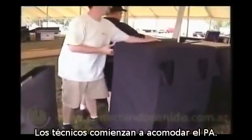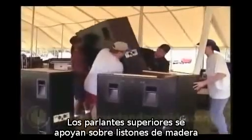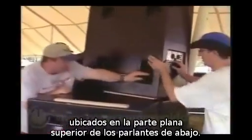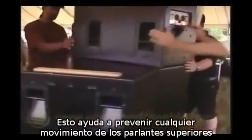The crew begins setting up the PA. They start with the main speakers. The upper speaker cabinets slide onto wooden blocks set in the fly-track rail on the top of the lower speaker cabinets. This helps prevent any movement of the top speakers due to the vibration produced by the subwoofers and the